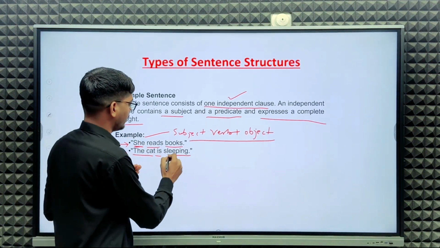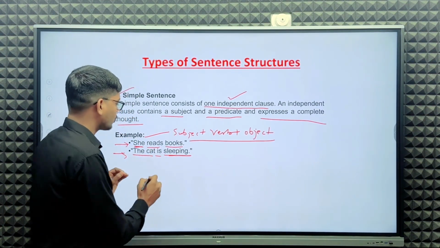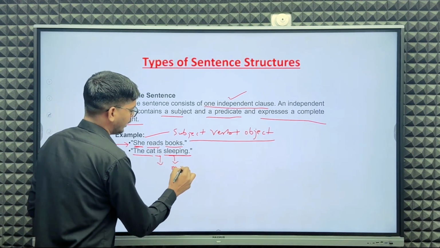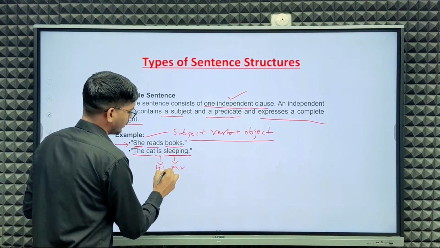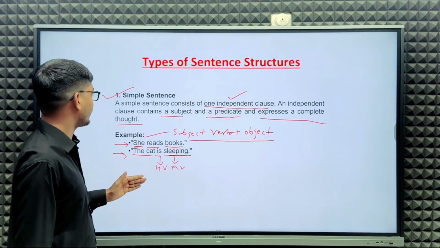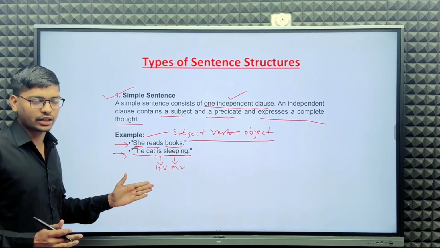Sleeping is also a verb. So, helping verb or main verb? The main verb here is sleeping, and the helping verb is "is." The cat is sleeping. So I say this is a simple sentence because